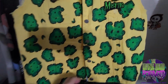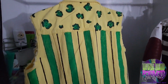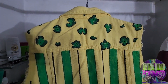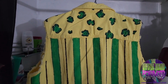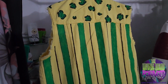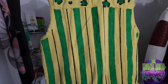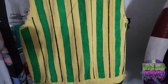Let's go to the back, and I'll explain a little bit what's going on there. All right, so here's the back. It's got a little bit more of the leopard and my first attempt at Jaguar print. A little too small, a little not quite the way I wanted it. The bigger ones on the front are closer to what actual Jaguar print is. Anyways, the back, originally I put the green stripes in and it wasn't enough striping. So then I put these black stripes in, which